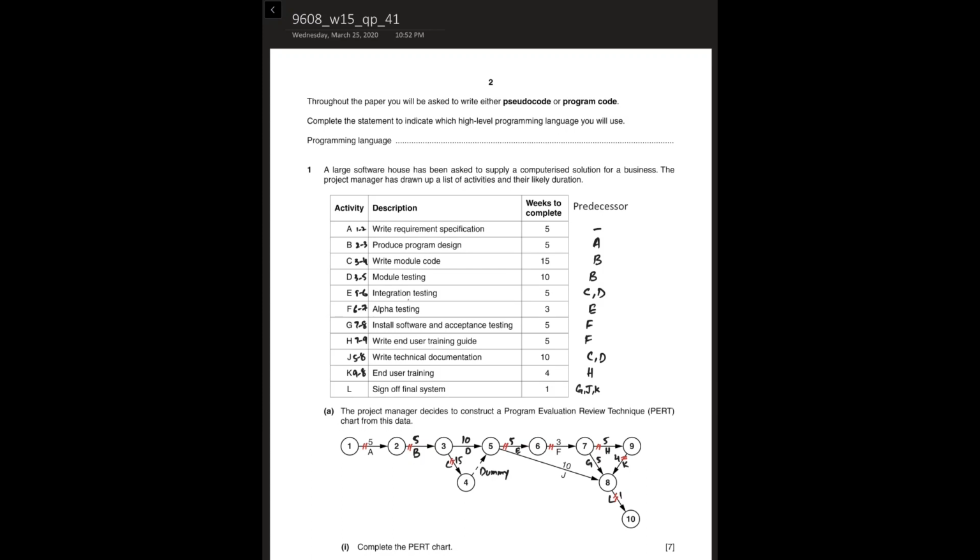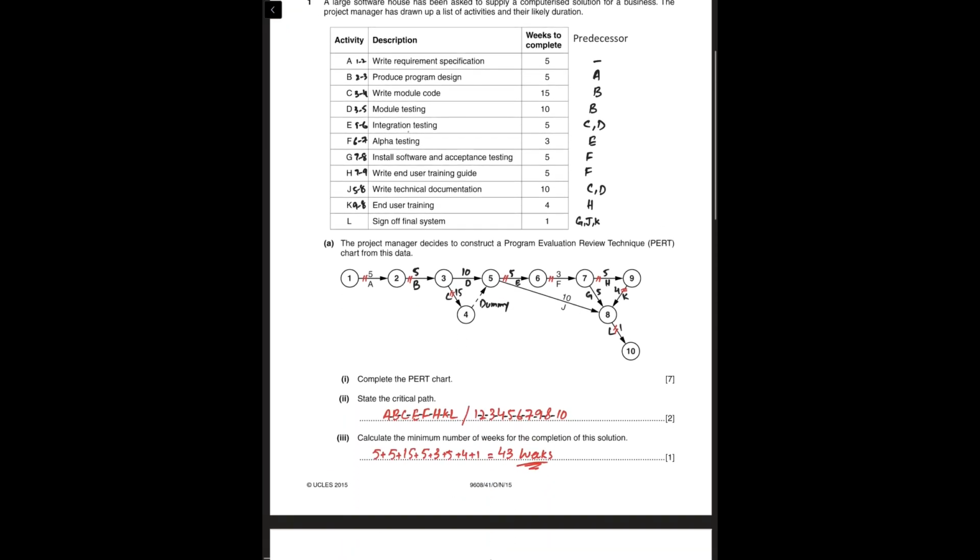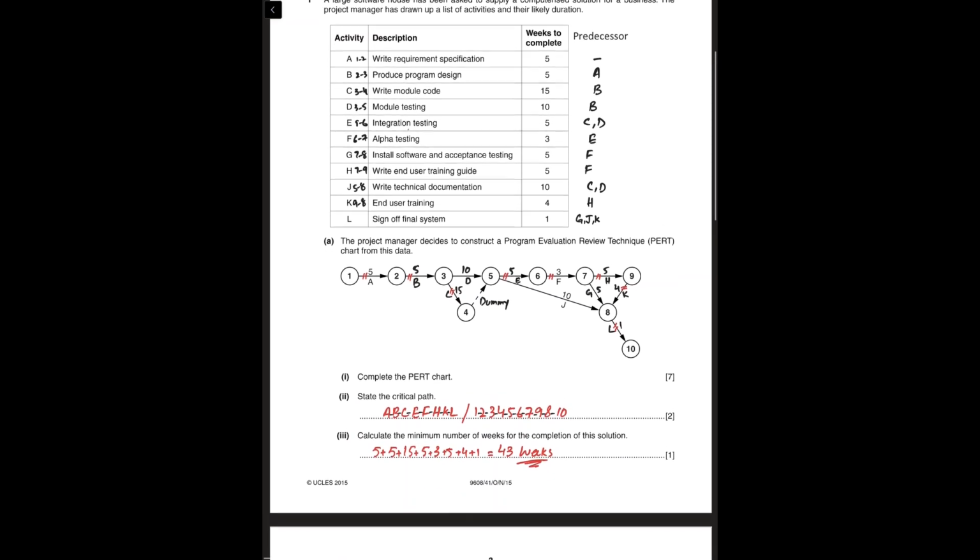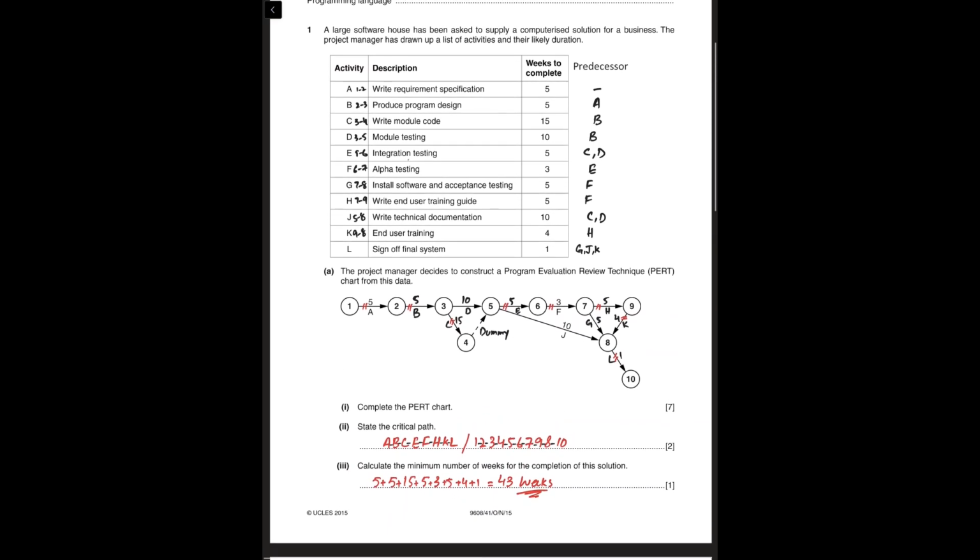A large software house has been asked to supply a computer solution for a business. The project manager has drawn up a list of activities and their likely durations. So I tried to find predecessors myself and I put them over there. So A will be